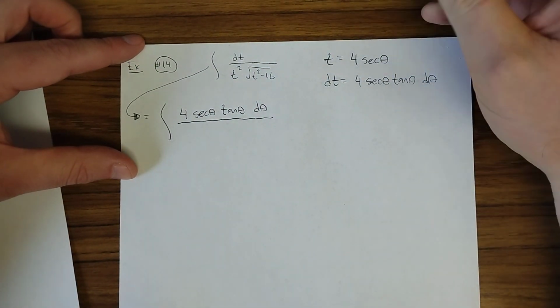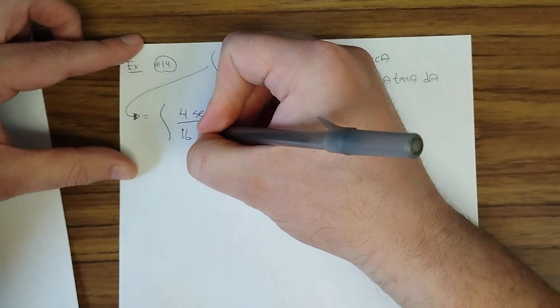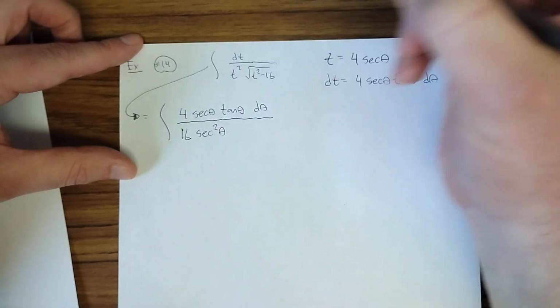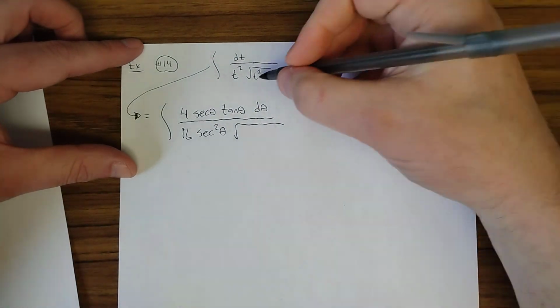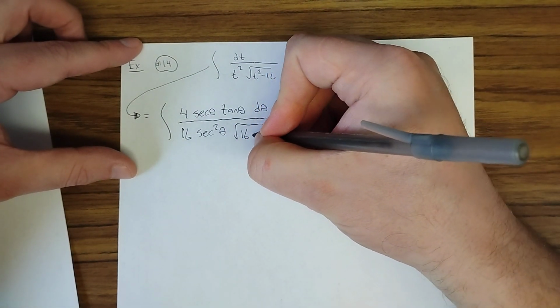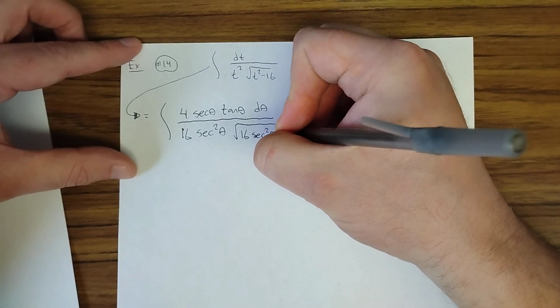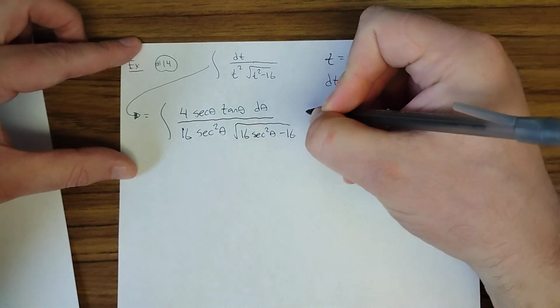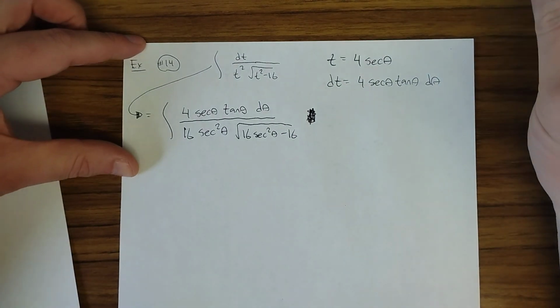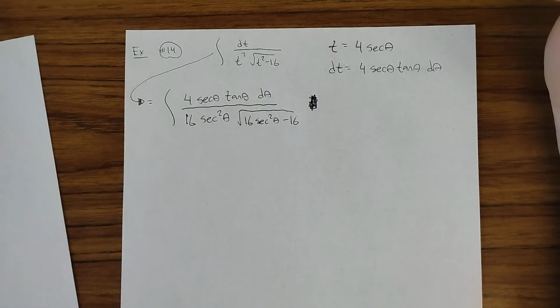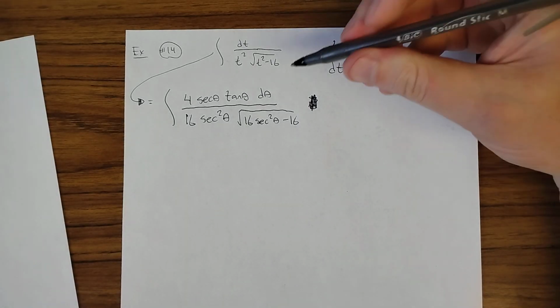Over, okay, t squared, that's 16 secant squared theta. And then I've got this, which is 16 secant squared theta minus 16. Whoops, I already have my d theta right there. Okay, so